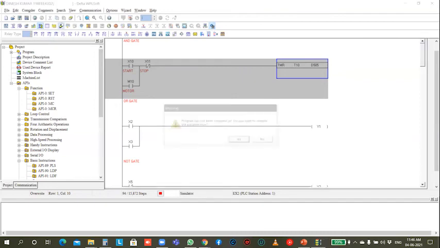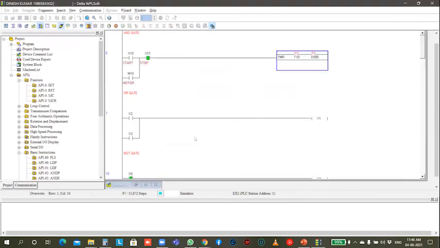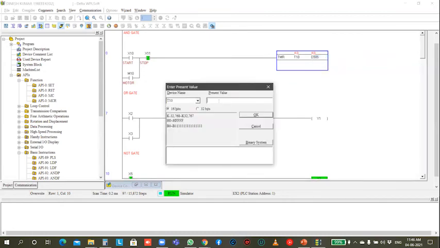During the simulation process, you can see I'm simulating it. Now I'm running the program. The program is in working condition, and the timer is in working condition. You can see the present time is K0 because we did not set any value. D505 is K0. K is a constant value for the time, but D is just a memory allocated box, so we have to set a value for D. I will set it to K100, which means 10 seconds.